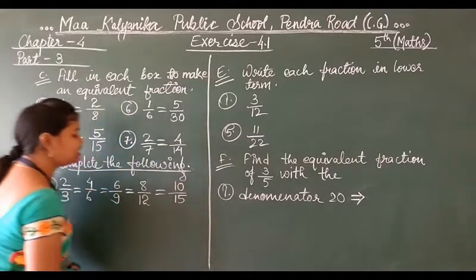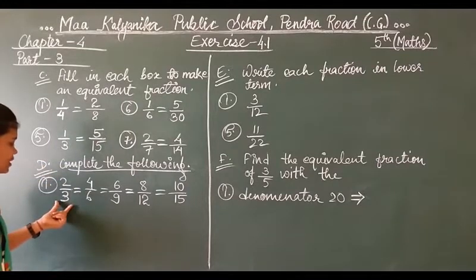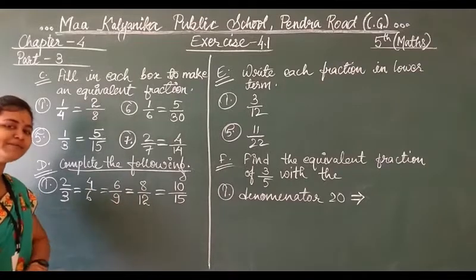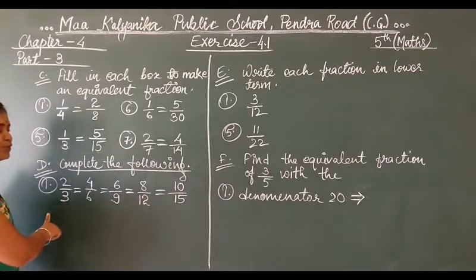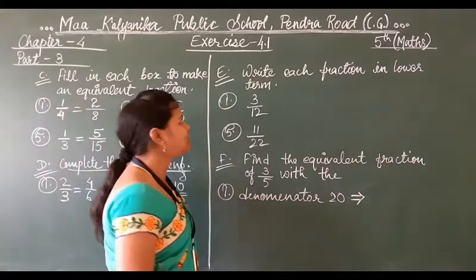So students, it is very easy. Simply you have to take the base of the first fraction and then find the numerator and denominator one by one by multiplying the numbers. I hope question number 2 you can solve according to question number 1. Now moving to question number 3.